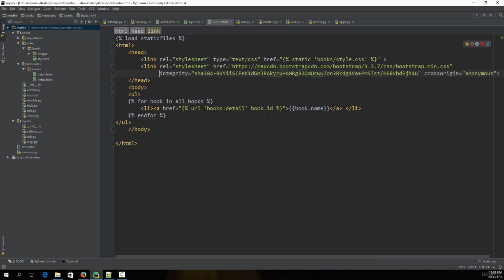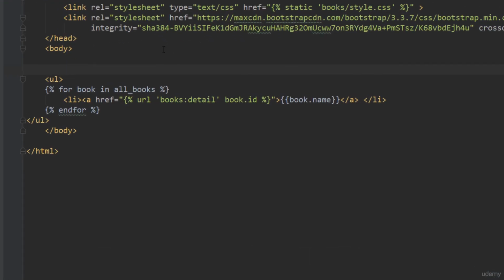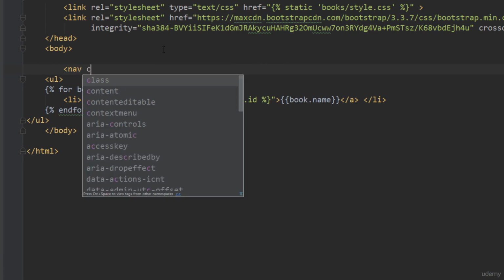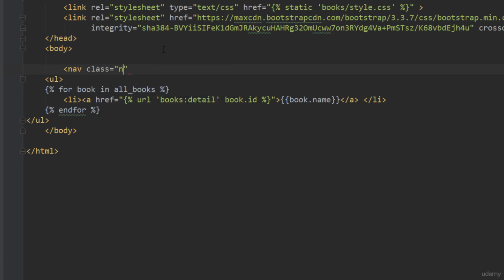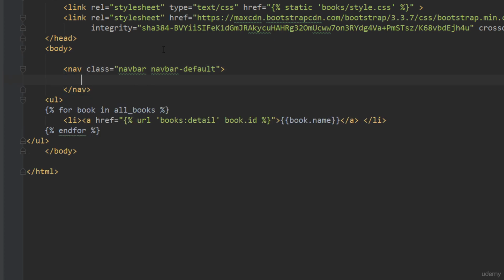Now, as I earlier mentioned, the navigation bar is pre-made in Bootstrap, so you need to write a very small amount of code. So go right below the body tag, and here we have something which is called classes in Bootstrap. You simply type nav class equals navbar, and navbar stands for navigation bar, and then we type in the type of navbar which we want. So we type in navbar default, and that is going to include a default navbar,